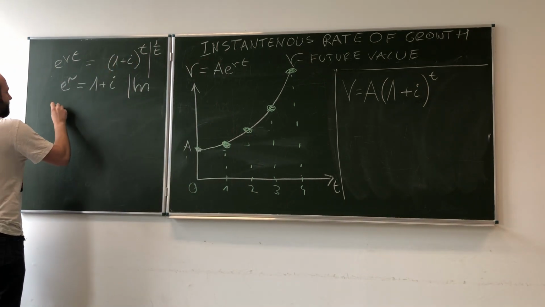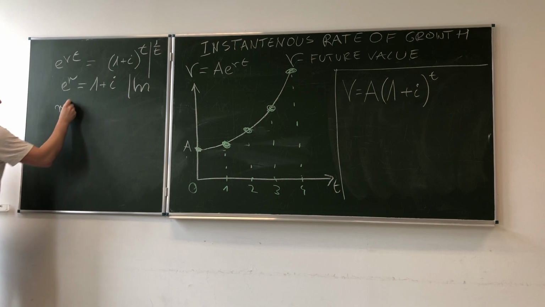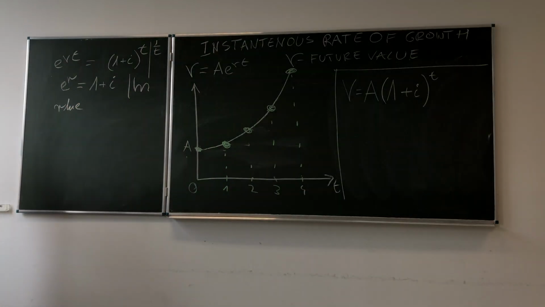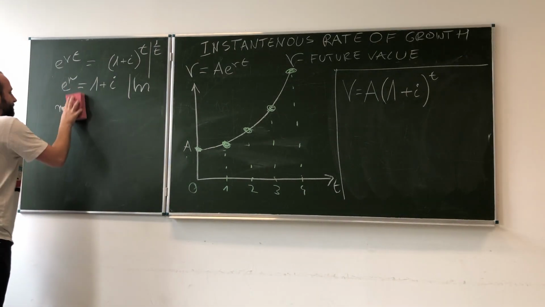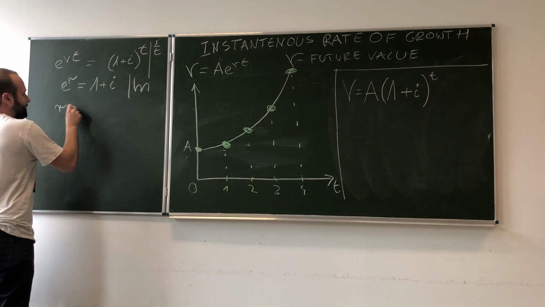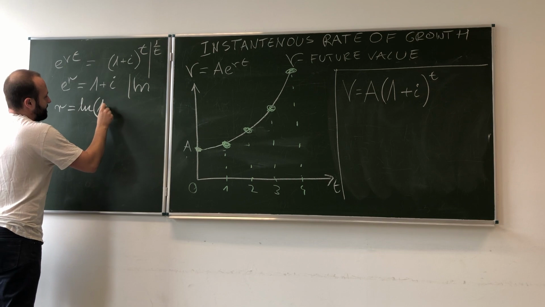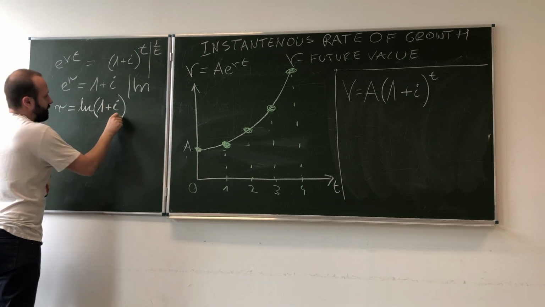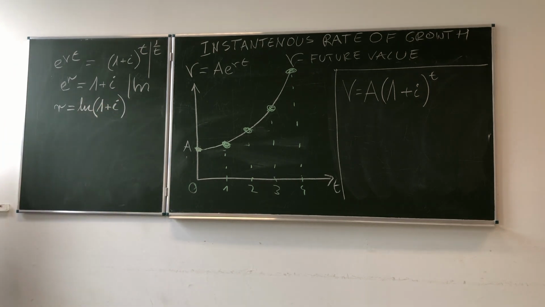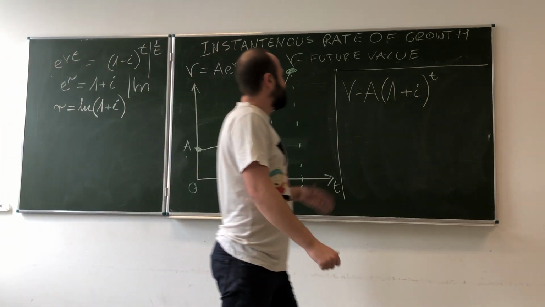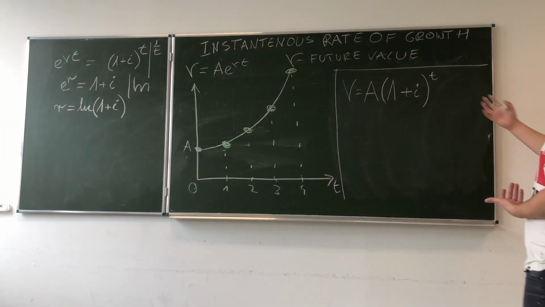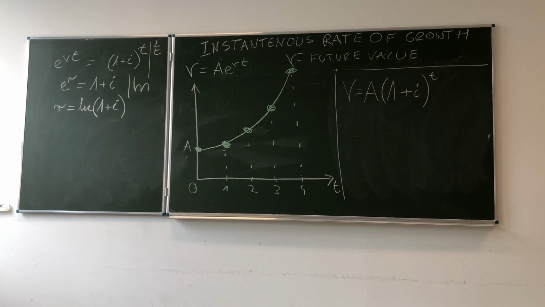So we will have r times ln e, but again, ln e is just 1, and we get that r is equal to the natural logarithm of 1 plus i. So this example actually shows us that it is indifferent which approach we are taking,